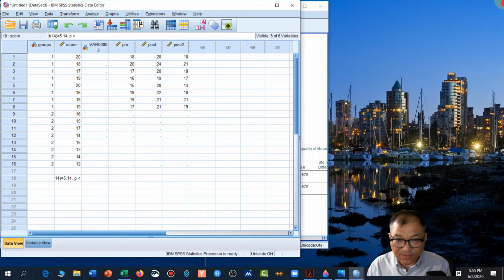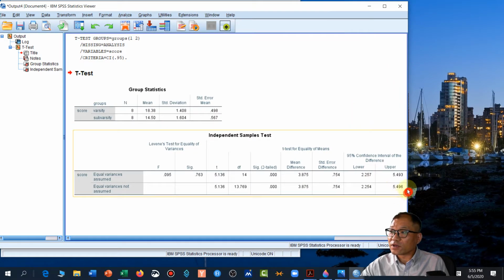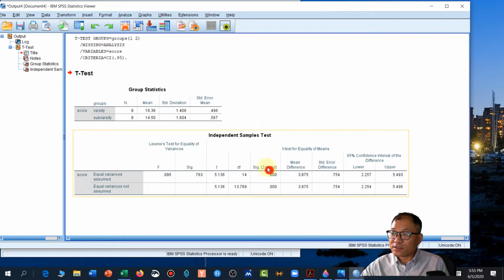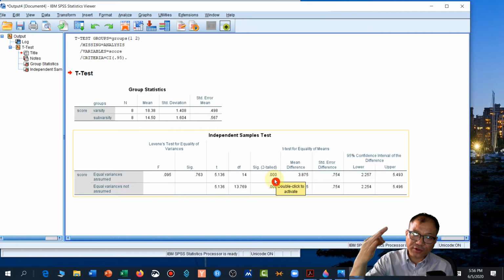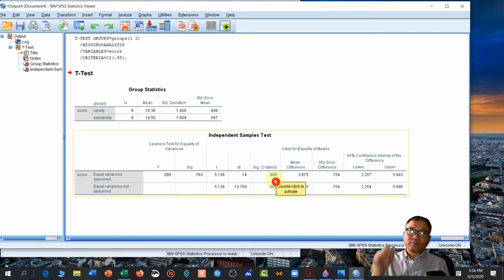Okay, I will send you the T score, or I'll just write it down right there. So you need to write down T(14) equals 5.14, comma, and the p-value that we found out is significant. So the probability that you make an error to report with 95% of your confidence was